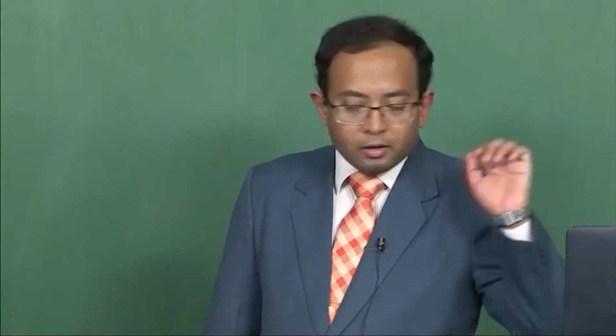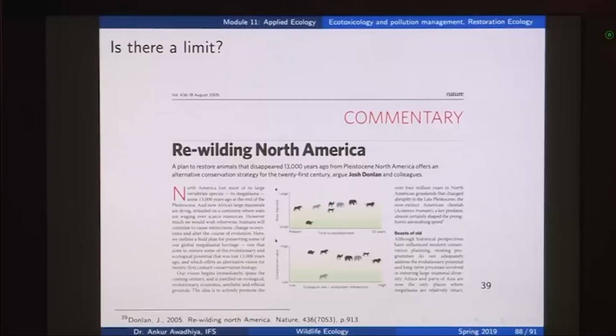But when we move into restoration, we also need to keep in mind that there is a limit to what we can restore. One thing is that we cannot restore a system that has become extremely bad. For instance, if you added so much pesticide that your system does not have enough organisms, it will never be able to bounce back. So, you have to step in before you have crossed a critical threshold. The second is that you should not take it to a logical extreme.